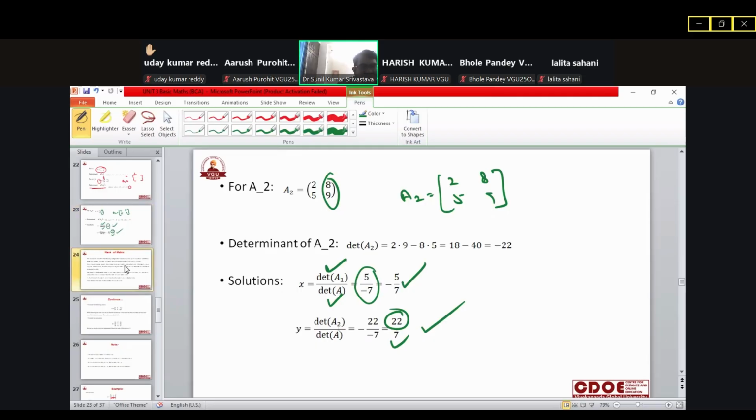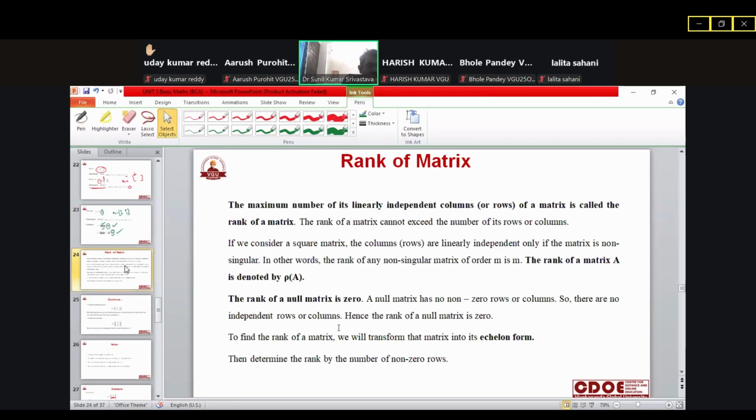ठीक है। चलिए, इसमें और भी बहुत सारे टॉपिक्स जुड़े हैं, इसमें रैंक ऑफ द मैट्रिक्स है। तो रैंक ऑफ द मैट्रिक्स का मतलब भी क्या है, ये भी समझ लें। The maximum number of linearly dependent columns of a matrix is called the rank of the matrix। इसके लिए सिंपल सा डेफिनेशन है कि नंबर r is said to be the rank of the matrix if it has